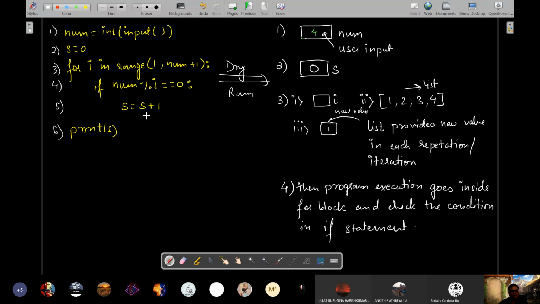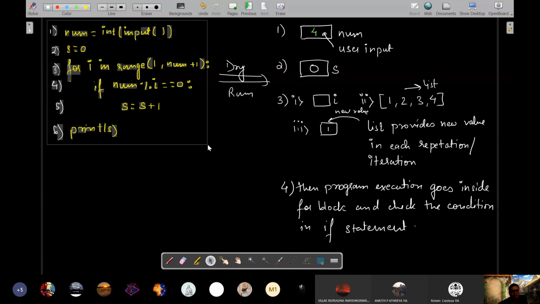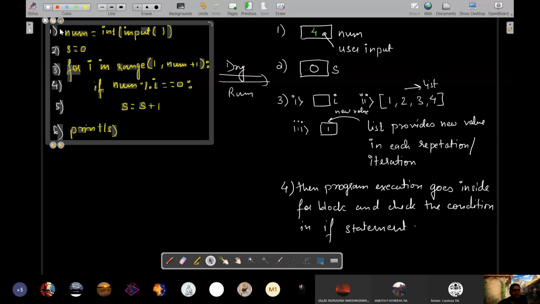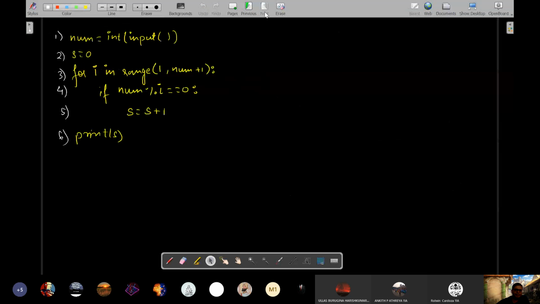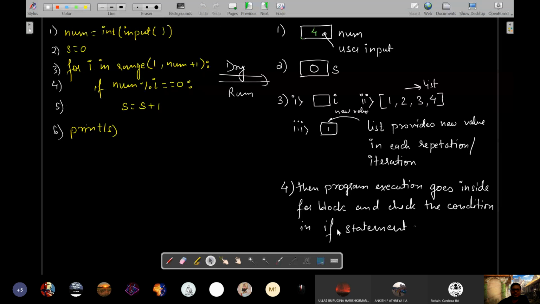ठीक है, तो फर्स्ट टाइम इफ स्टेटमेंट में क्या होगा? I'll make a copy of it. So Control C. So next step में क्या होगा? So you will see that यहाँ पे हमने लिखा था कि in if statement as a part of execution of line 4, here first time जब if condition check होगा, what is the value of num?